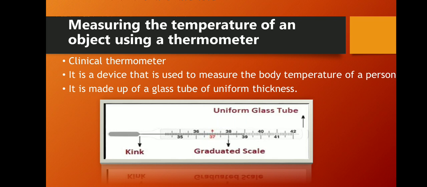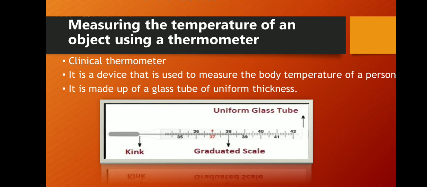Now let's look at measuring the temperature of an object using a thermometer. Let's first discuss the clinical thermometer. It is a device that is used to measure the body temperature of a person. It is made up of a glass tube of uniform thickness. The clinical thermometer is also called the doctor's thermometer because it is used by doctors. It is used to take the body temperature of human beings, and mercury is used in the thermometer for